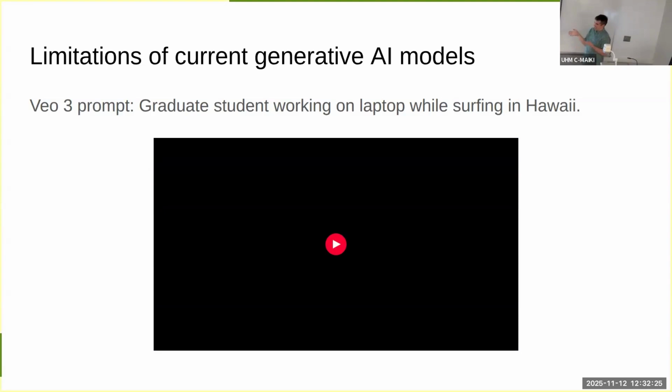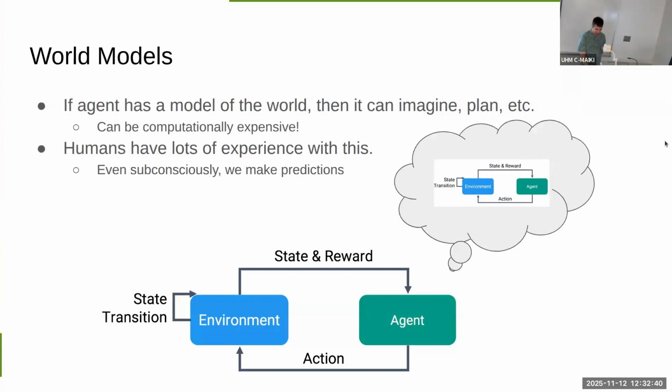But obviously this thing doesn't know about physics, and it's not able to reason in the same way that humans would be able to. So this is an example of the video generation model not totally understanding physics. How do we get there? I'm not sure, but